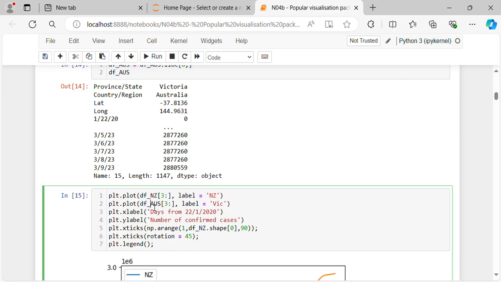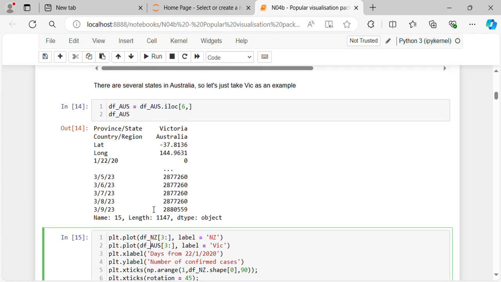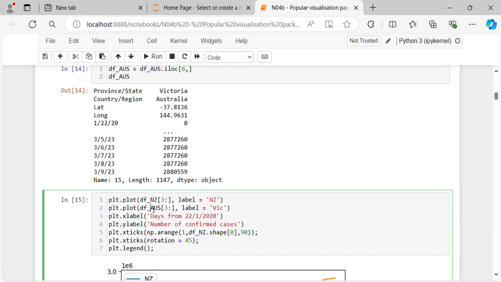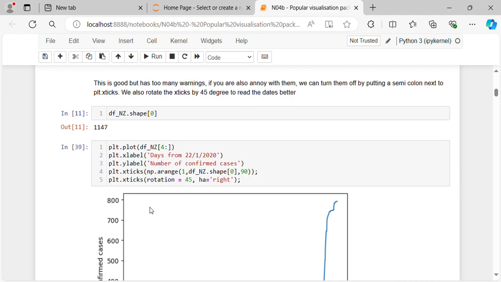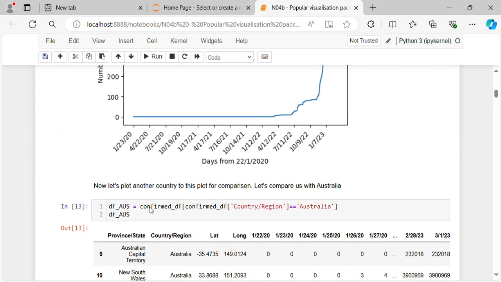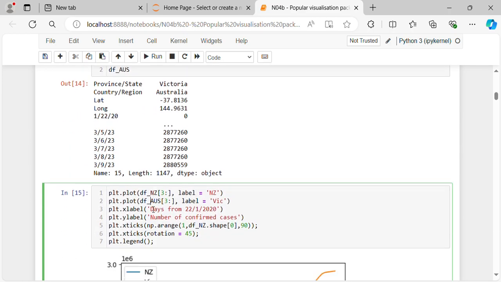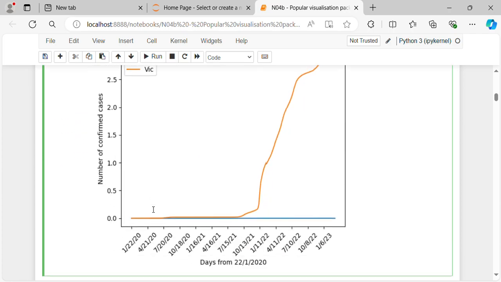So yeah, it should be 4. Okay, so we can see,